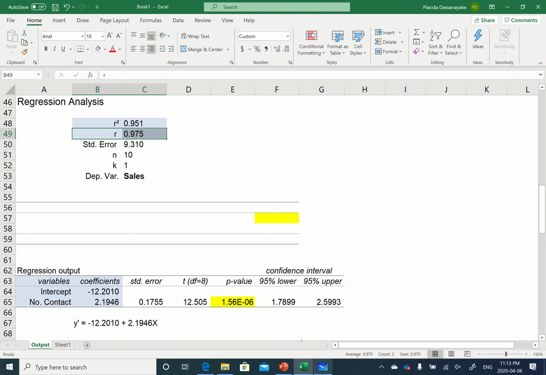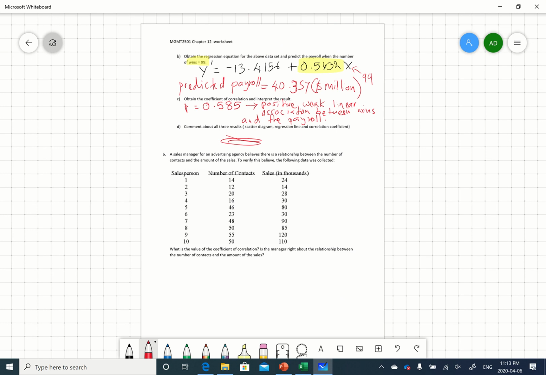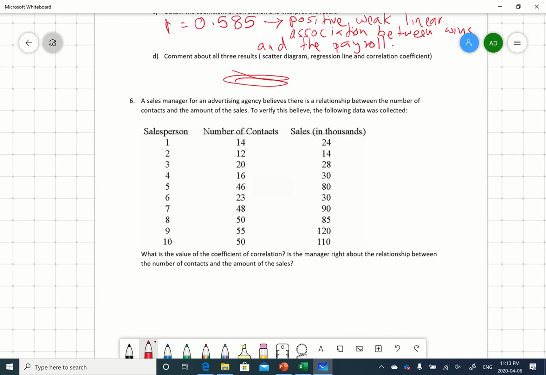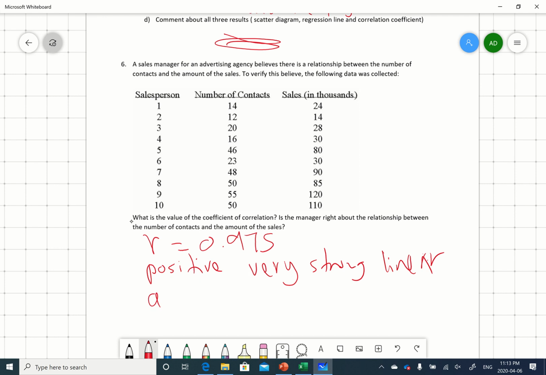The correlation coefficient is positive and very close to 1, so a positive, very strong, linear association